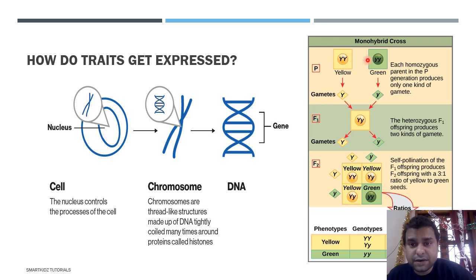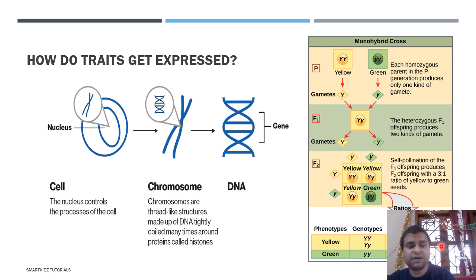You see over here how a monohybrid cross comes about. In the F1 generation it gives us one particular characteristic, and in the F2 generation we have the green seeds coming across, which shows you that it was hidden in the F1 generation, and how you have the genotype ratio and the phenotype ratio. The genotype ratio will be different from the phenotype ratio, which means that in the case of the genotype we will have a different combination, and the phenotype will have a different combination.